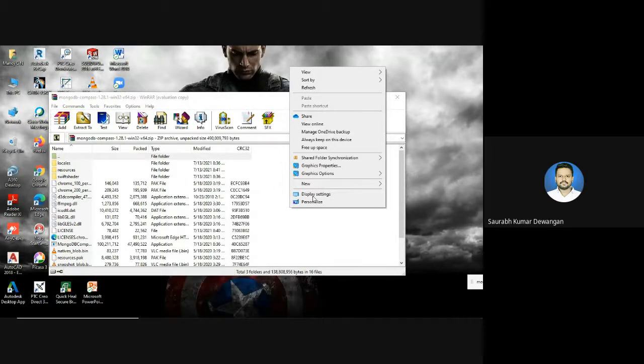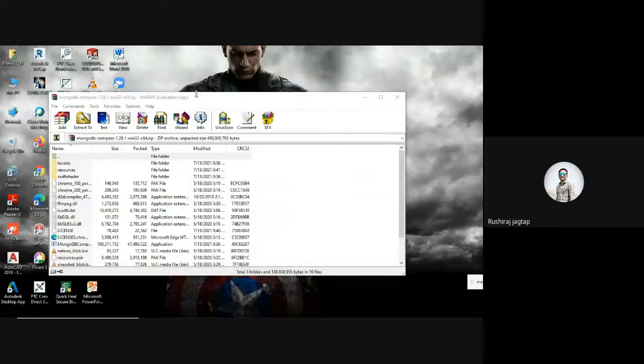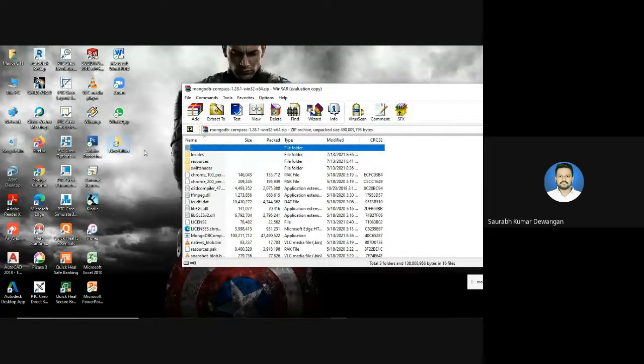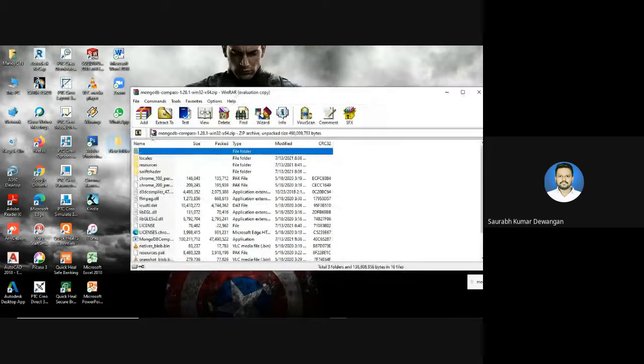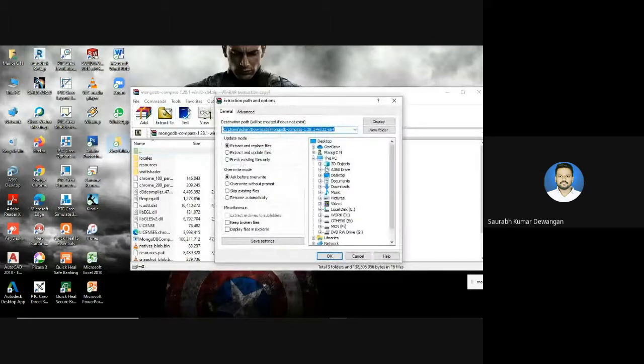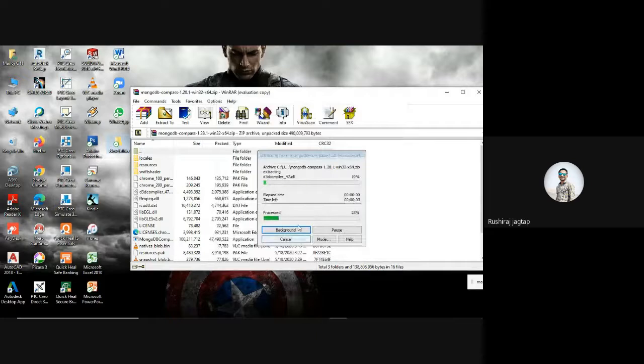Yes, click on next. If it is properly installed, you can see the MongoDB shell shortcut key is created, right? You can go on that and work on it.